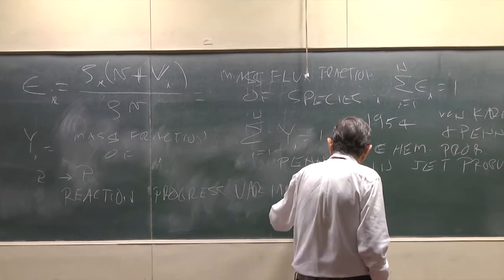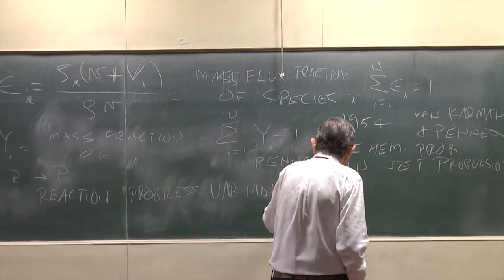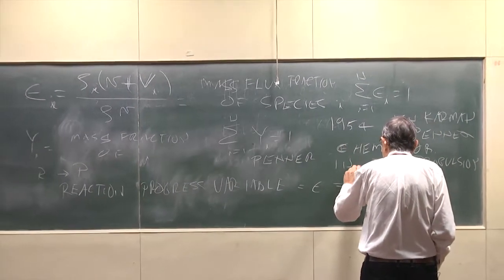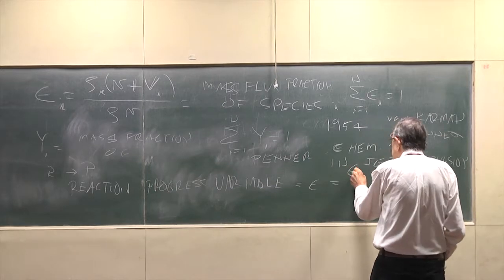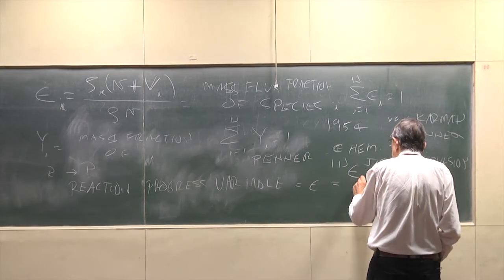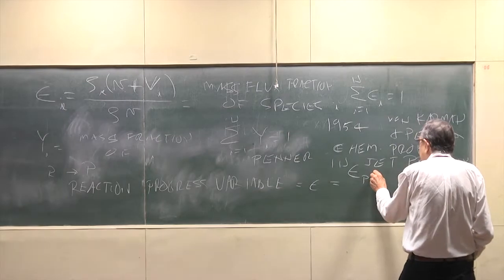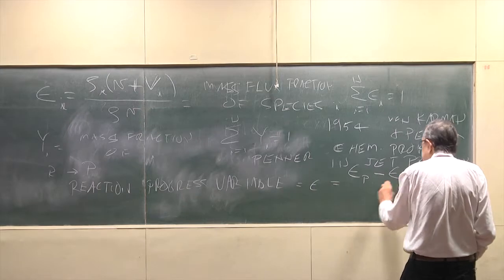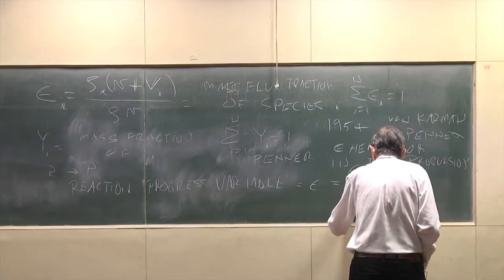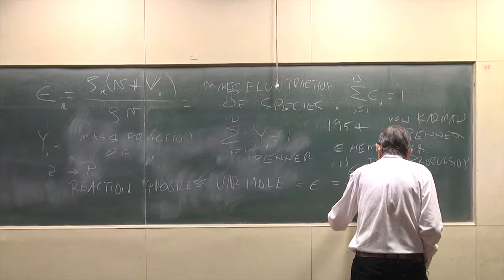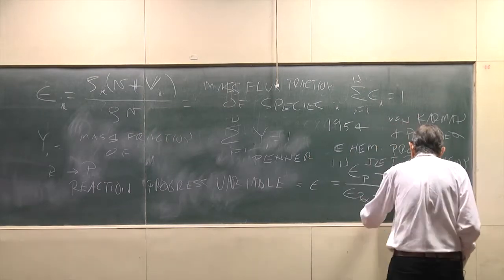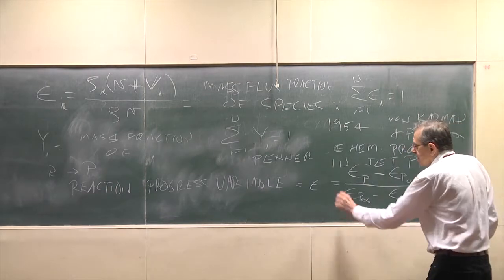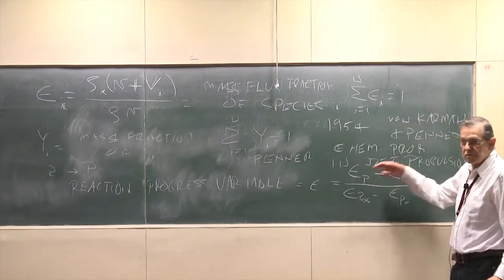We called reaction progress variables epsilon before. Reaction progress variable would be like the flux fraction of the product species minus the flux fraction of the product species in the initial mixture, divided by the flux fraction of the product species in the final mixture minus the flux fraction of the product species in the initial mixture. This goes from 0 to 1,